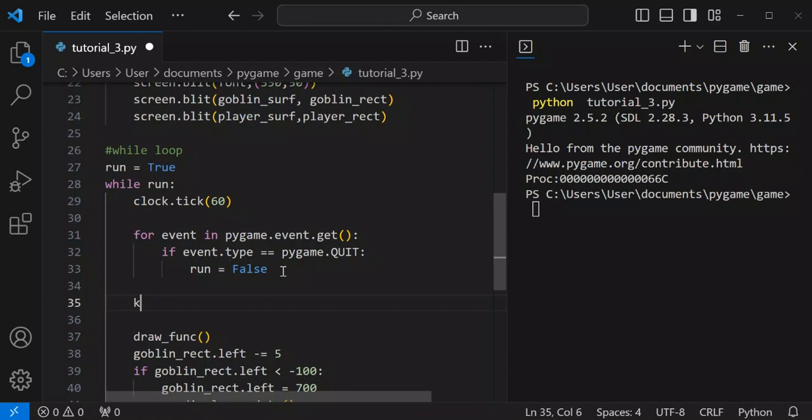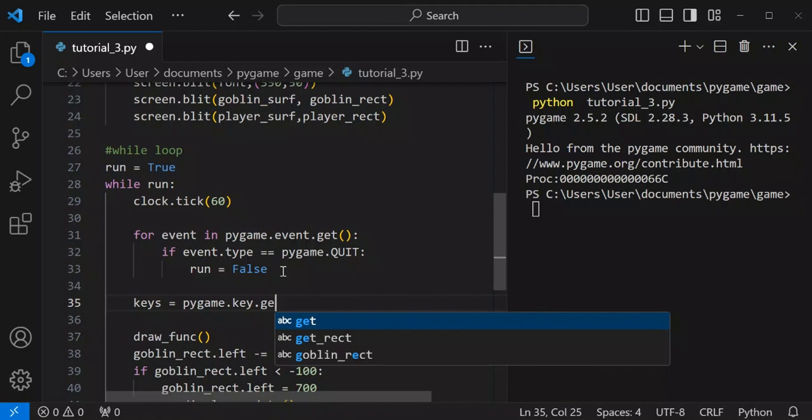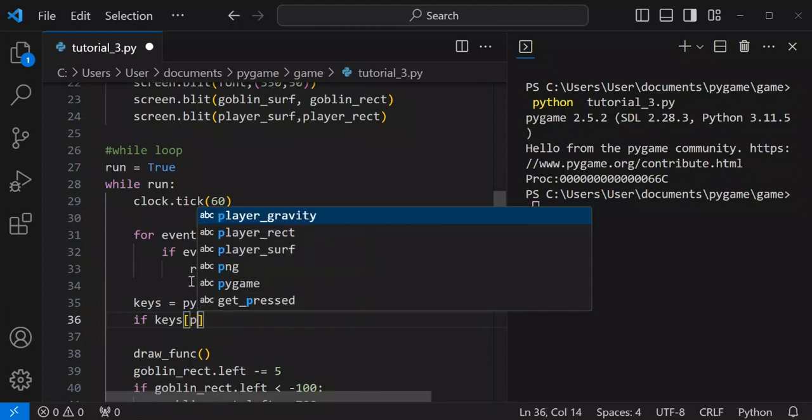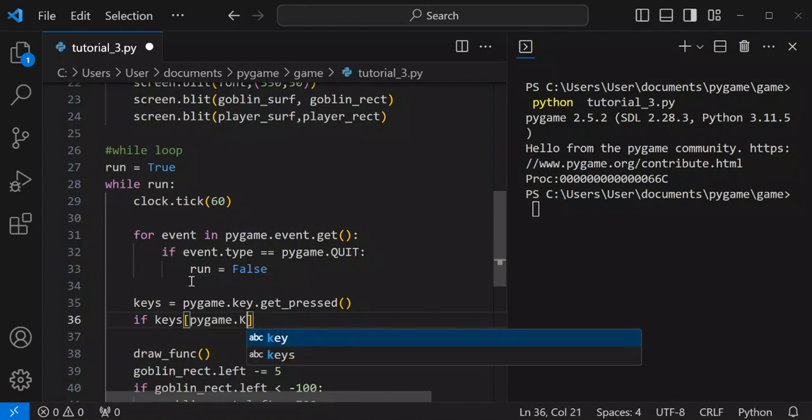So I can say keys. We have to get all the keys that are being inputted. So we have to use this just like we did in the first tutorial: pygame.key.get_pressed. I believe the spelling is correct. Then after that you will come and specify the exact key we want to be pressed and the action that is to happen if it is pressed. So we are going to say if keys. You know, our keys are a dictionary. This key is set to a dictionary, so we have to specify the exact key. So we are going to say pygame.K